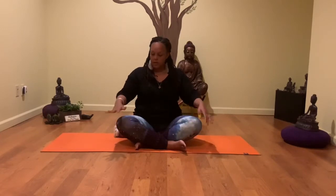Our next posture is going to be Sufi grinds. And this is what you're going to do. You're going to keep your hands on your knees, holding your knees. You're going to keep your shoulders down the back, and you're going to be leading with your heart. So bringing your chest forward and then exhaling to the right, and then bringing your chest back for an inhale,